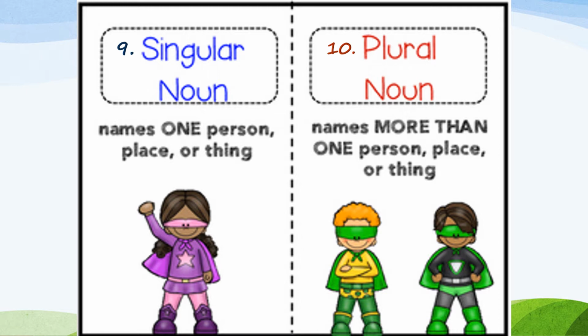On the contrary, plural nouns represent more than one thing, more than one place, more than one person. So we have singular noun, just one, plural noun, more than one. We are going to find that plural nouns have 2